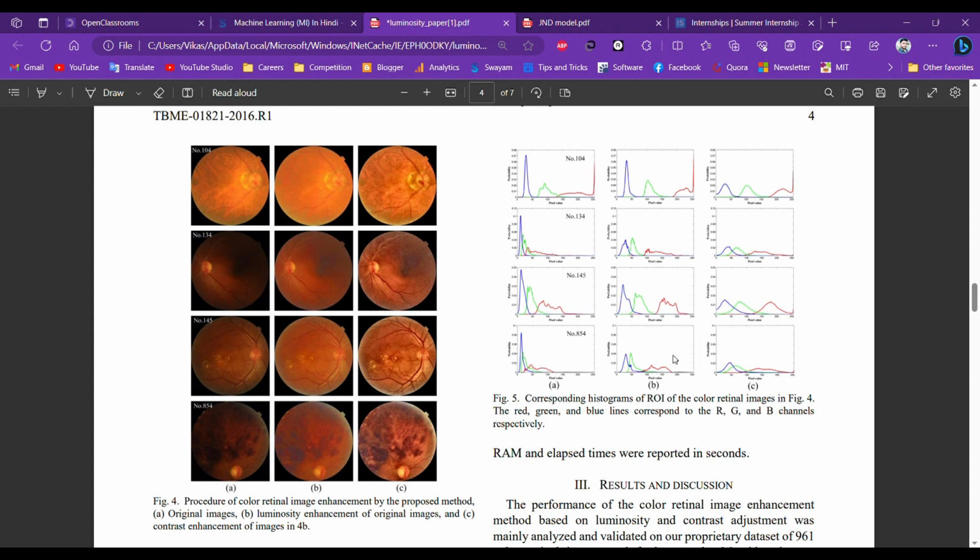These are the histograms corresponding to the different methods: the original image histogram, the luminosity enhanced image histogram, and the contrast enhanced image histogram,